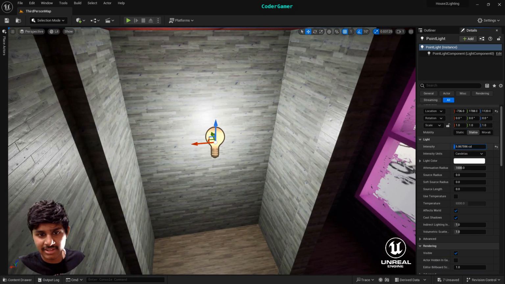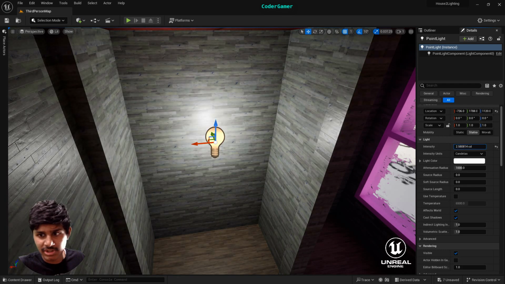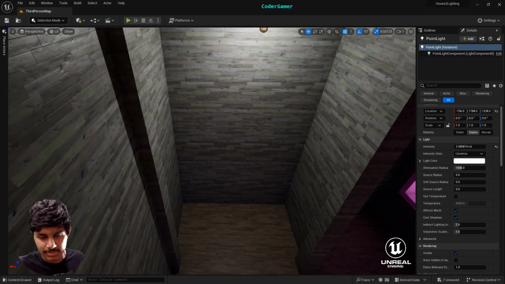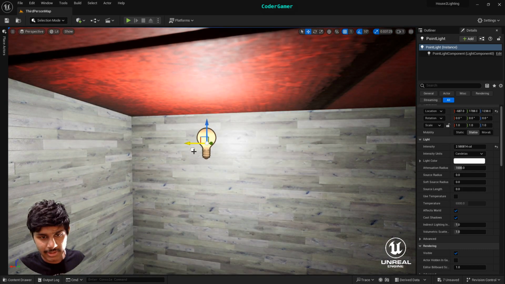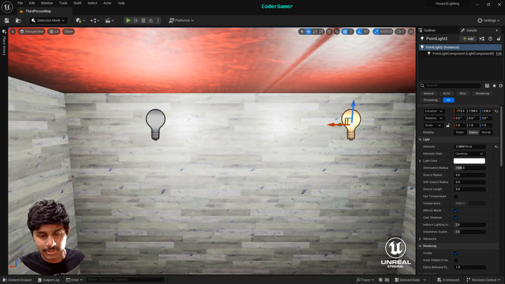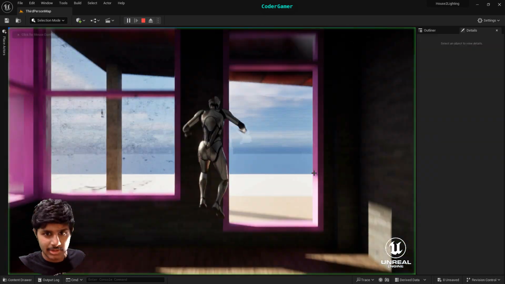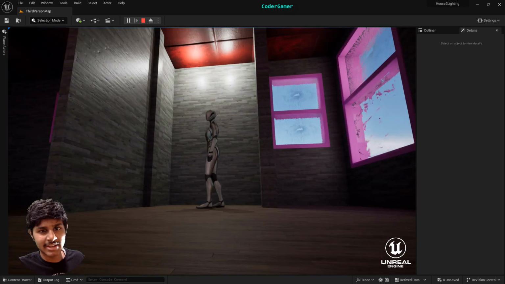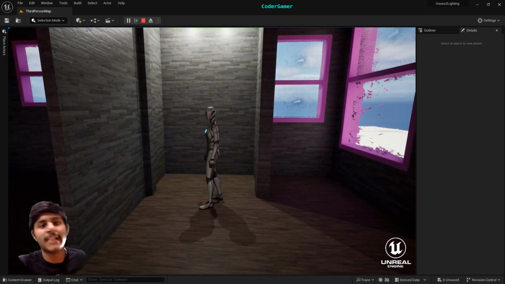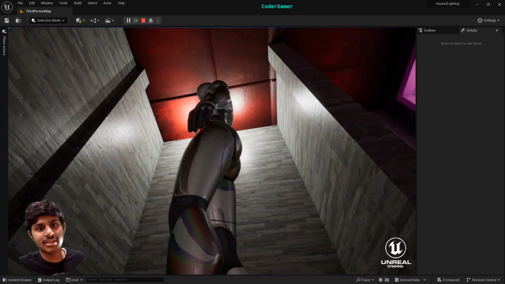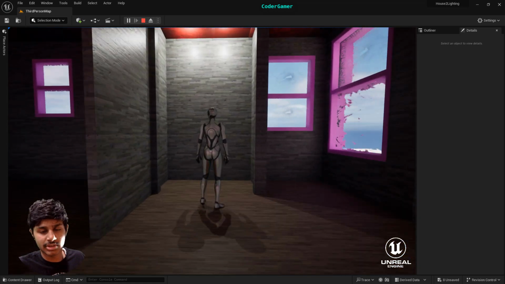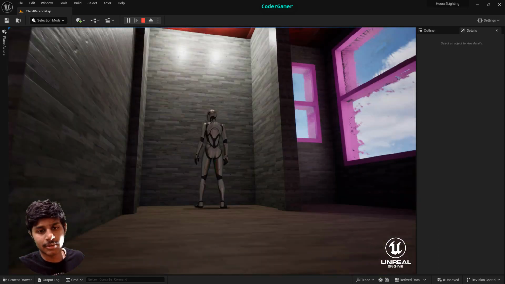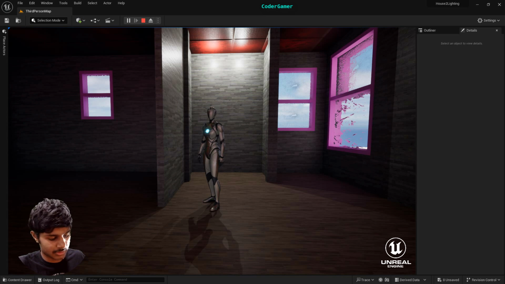Looking at this already, I can tell the intensity is too much. So if we turn it down to like 2.5, that's good, and we bring it up as an actual closet light, move it, Control C, Control V. If you go into game mode and go to this closet, I haven't really added any light like a chandelier there, so it doesn't quite make sense, but at the same time it does look like a real closet because you can see the shadow that's emitting from these two lights. So if we go out and escape,